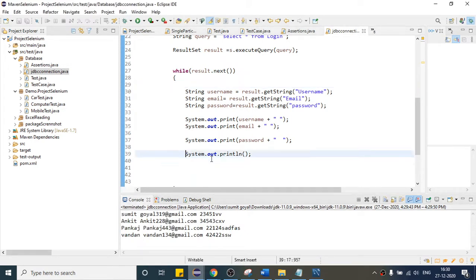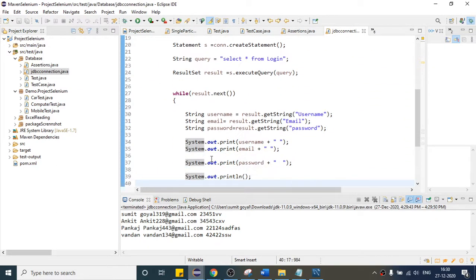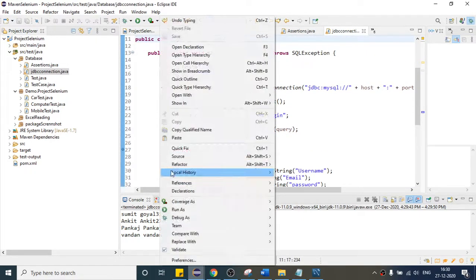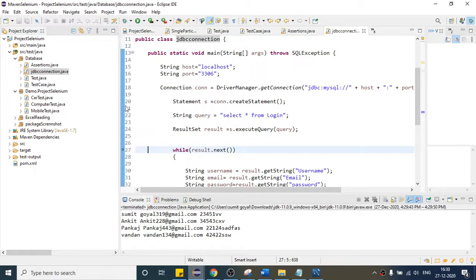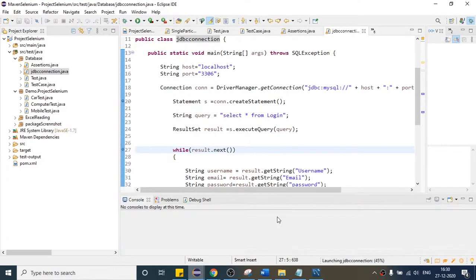So if I save it again and put one debugger, and right click, debug as Java application, let me start from here.